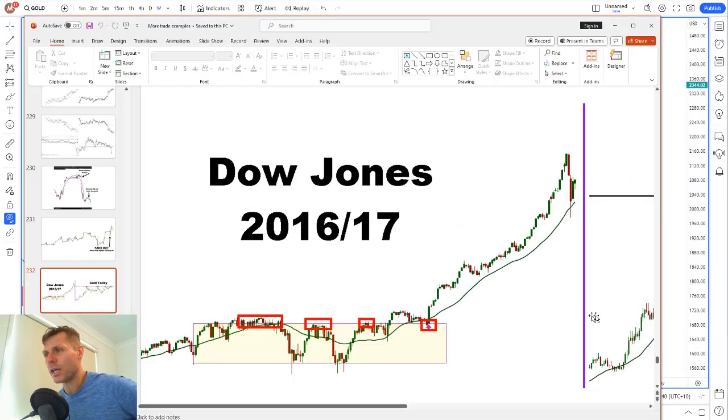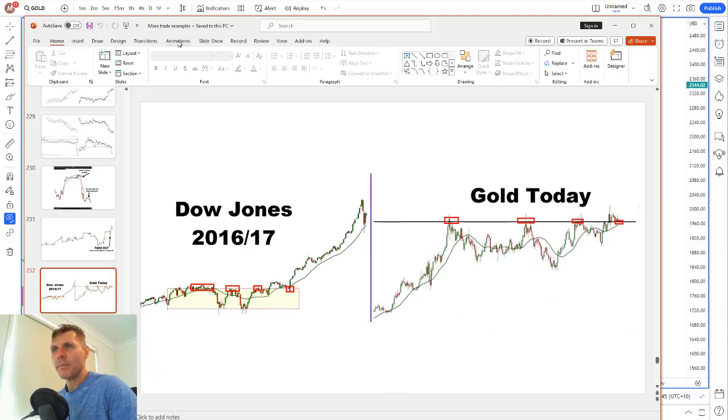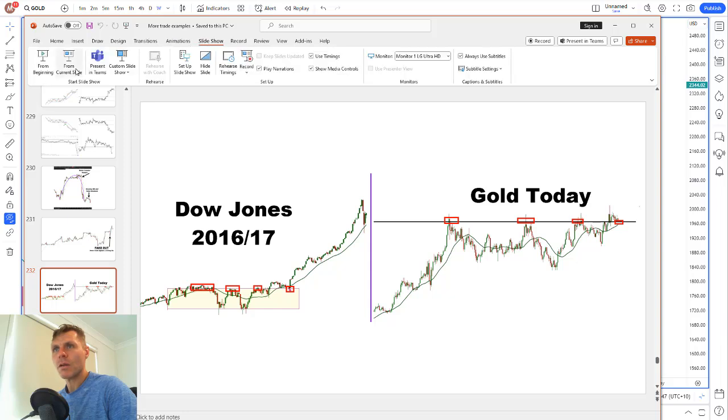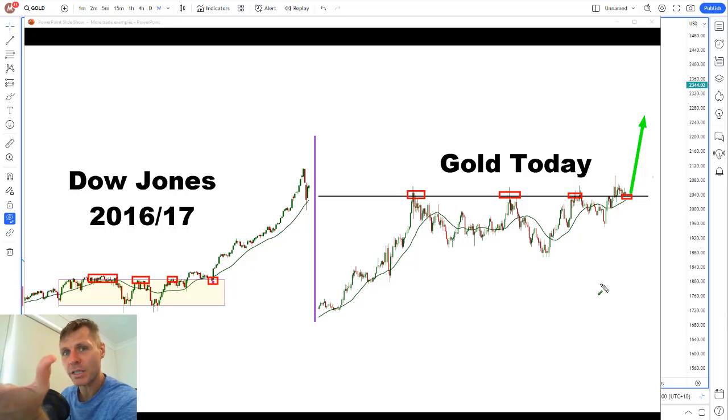If I go back to this screenshot here and I zoom out through here, this is actually what I was setting for my private clients through the first half of this year, right? You can see this is gold on the right, but what happened with gold after this chart? Took off like a rocket. I haven't actually shared this on YouTube, but I'm sharing it with you now, and this is what I do for my clients.